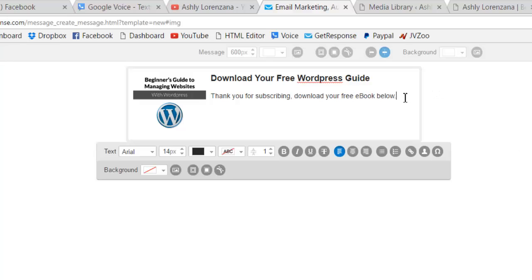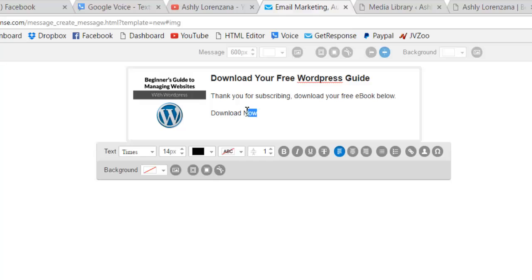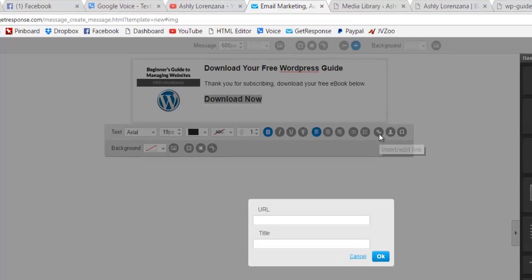You can just create a text link. So you just say download now, and then maybe you want to make this text bold so it stands out. So you just highlight that part there, and then click bold. You can make it bigger here. And then to make it a link, you click this little button right here, insert edit link, and it will